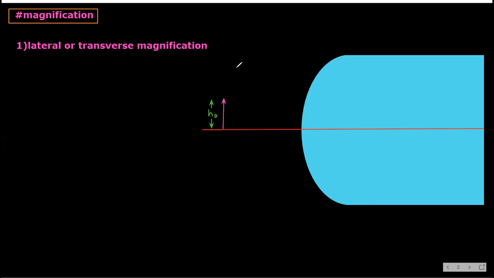Now this is medium 1 and its refractive index is of course mu1. Now here this is medium 2 and its refractive index is mu2. Now a light ray is coming from this point.